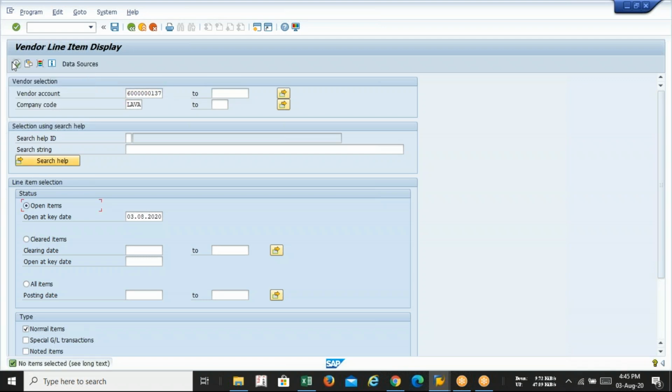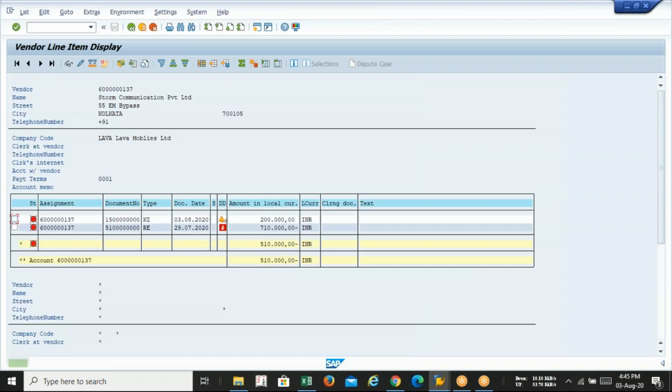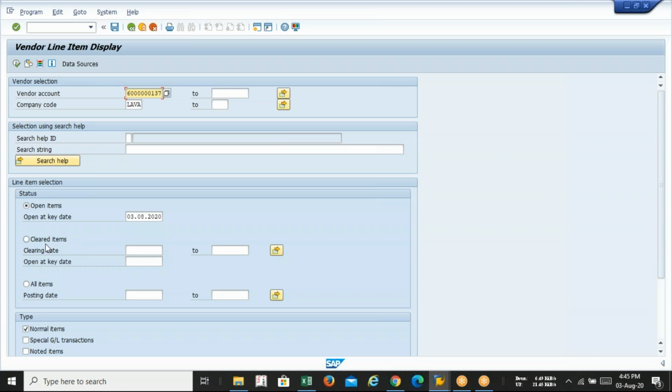So open item, click on open item. Okay, so in open item 5 lakh 10 is coming. Since we have made the part payment, that's why the cleared item is not coming. When we clear all the documents, the cleared item will be coming.